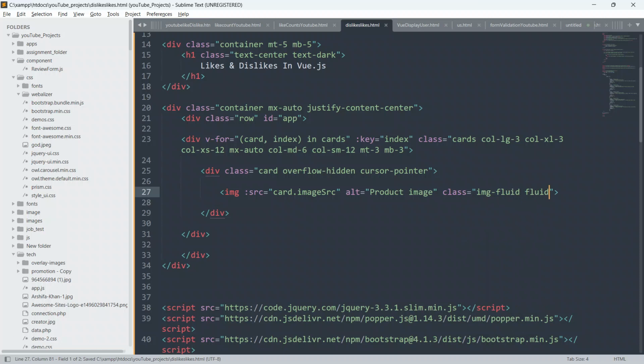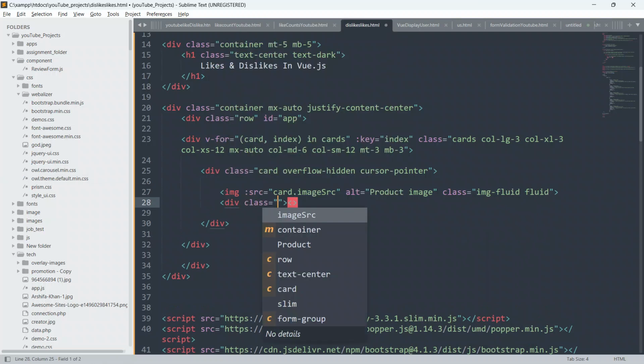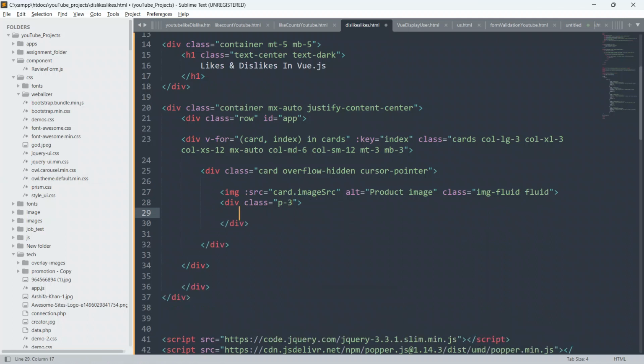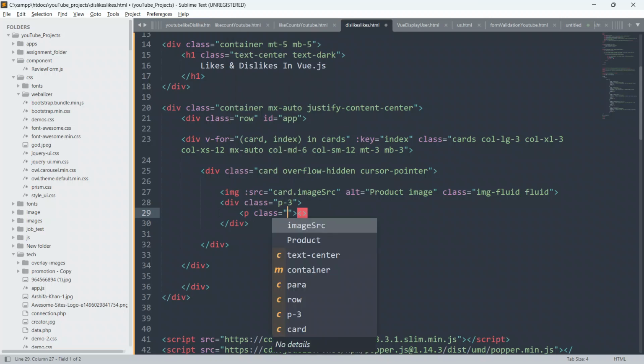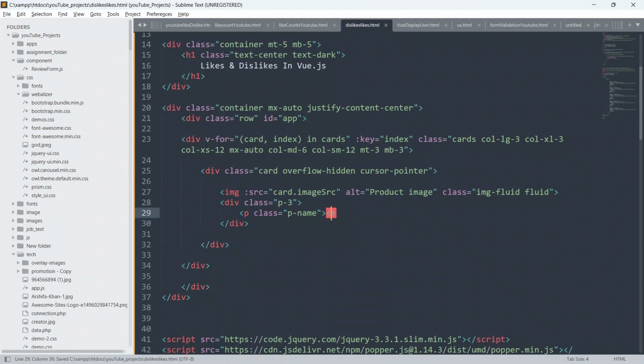So guys, now below this img I am gonna create another div, and give it a class as p-3, which means padding 3, and close this div. And inside this div I am gonna create a p element. So give p and give class as product-name, meaning product name.